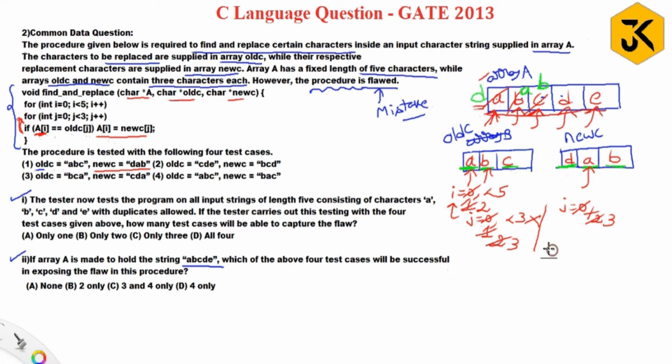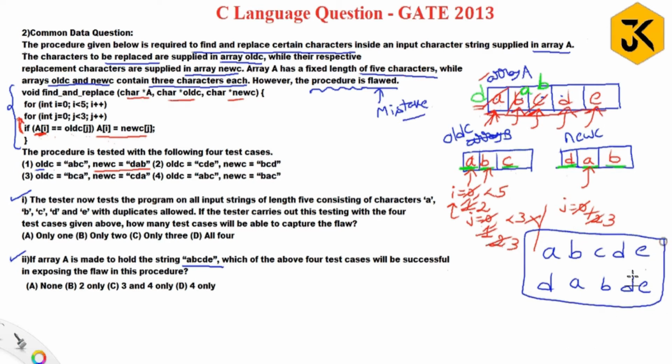So your final result is, let's observe here: the actual string you have passed is a b c d e, and the final result you got is d a b d. This is the old string. After completion of your procedure, you got this output. According to the definition, the old c, I mean a b c, wherever you observe a, it should be replaced with d. Wherever you observe b, it should be replaced with a. Wherever you observe c, it should be replaced with b. That is what happened or not, we need to check here.